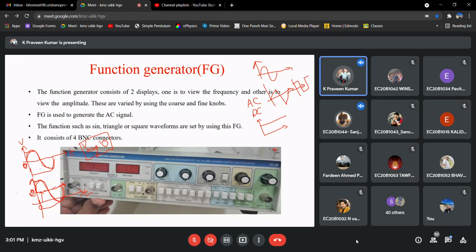The same waveform. See, previously the signal, that is the alternating component, lies along the line exactly on the x-axis, so 0. Now what has happened? The same sinusoidal waveform gets shifted upwards by some amount.